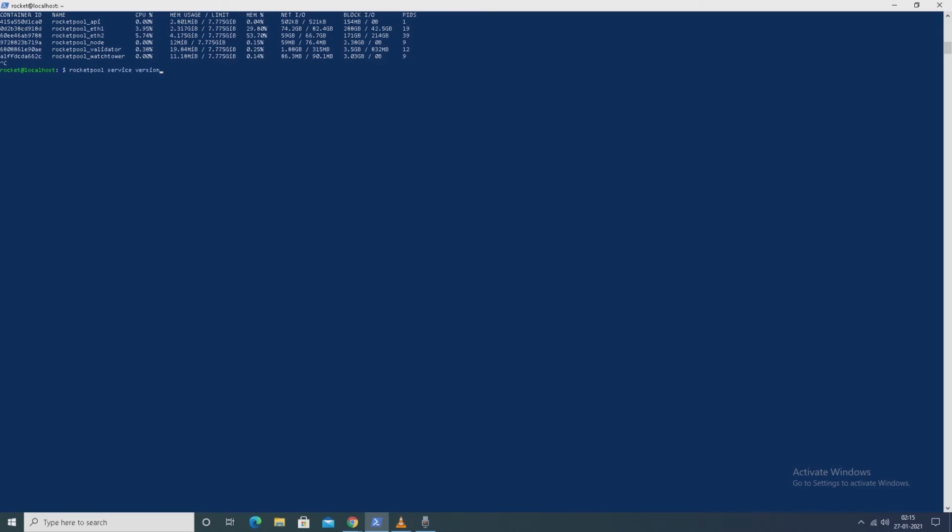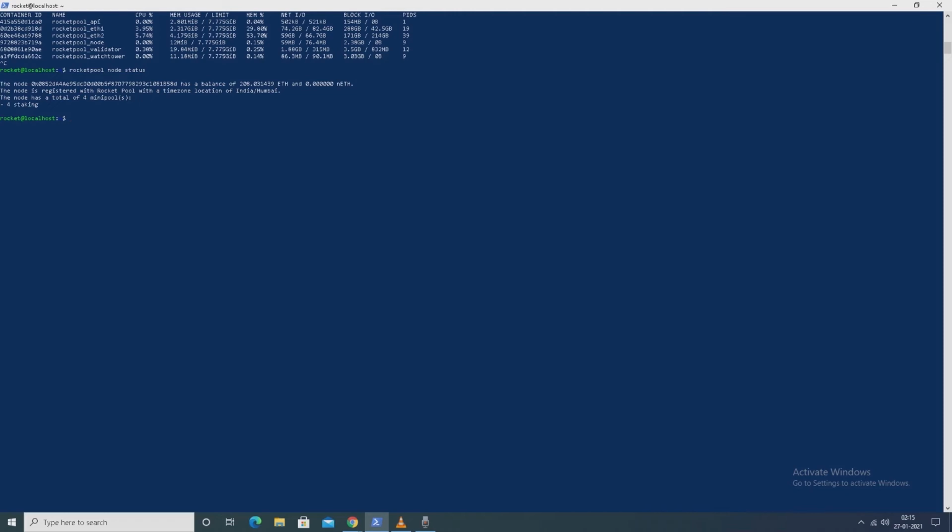First let's check the node status. Rocket pool node status.